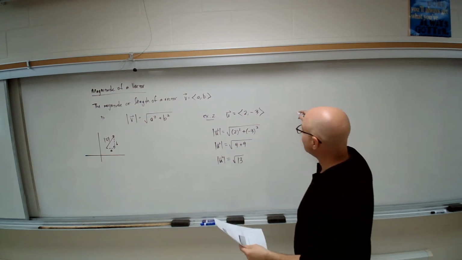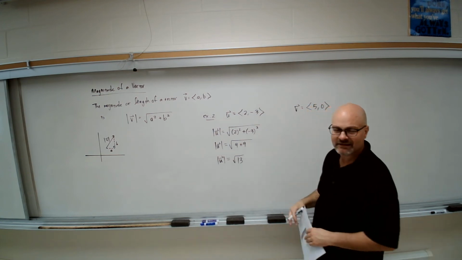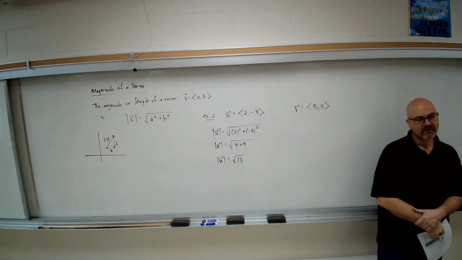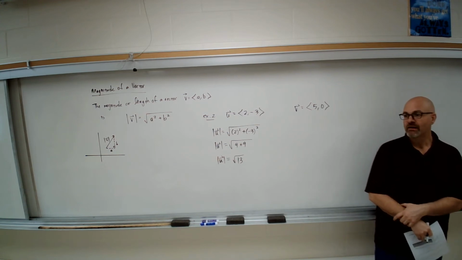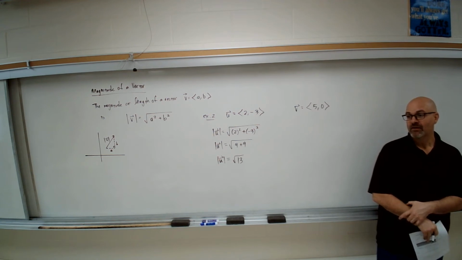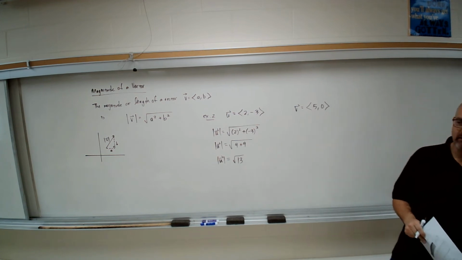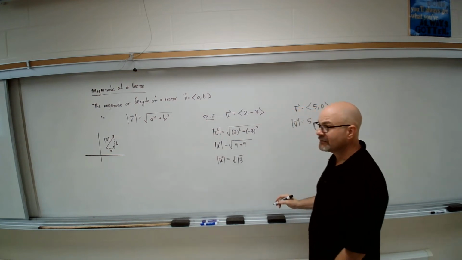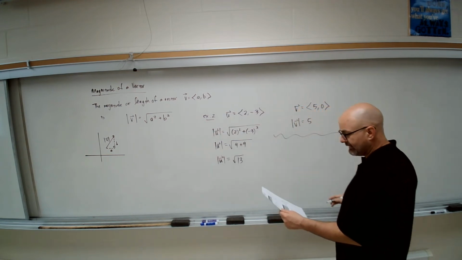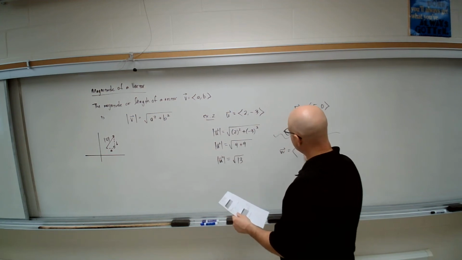The next one we have here is vector v. It has components 5, 0. Guess what its length is? You don't have to really calculate this one, do you? It only goes one direction, correct? It only goes to the right. How far does it go? 5 units. So what do you think its magnitude is? 5 units, yeah. Now you could do the math if you wanted to, but it's still going to give you 5. It doesn't change. And then we have w, which is 3/5,